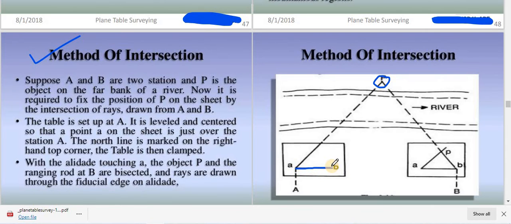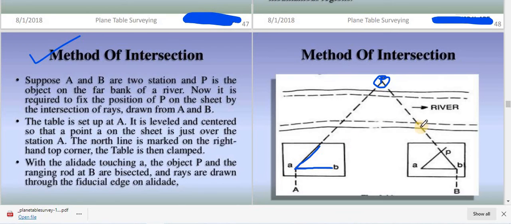After that you also plot the station P. Then you bisect the ranging rod at P and draw an approximate line, without taking any measurement.